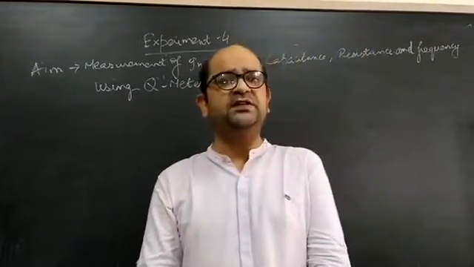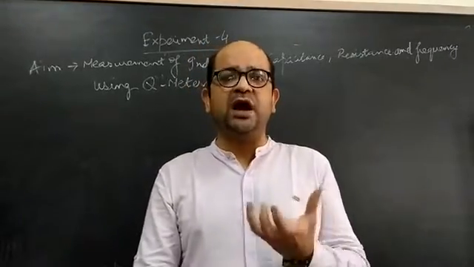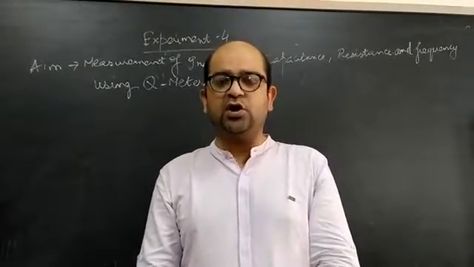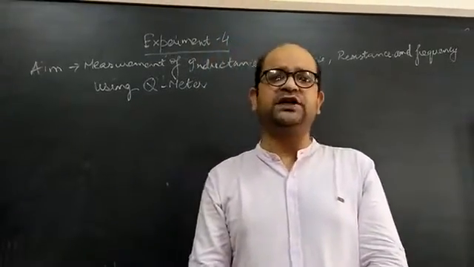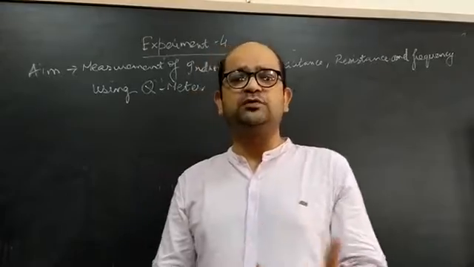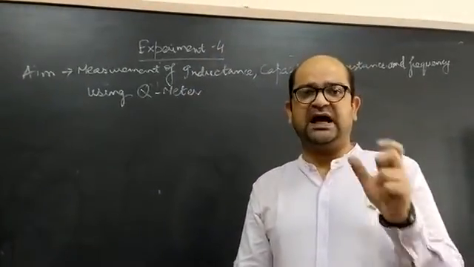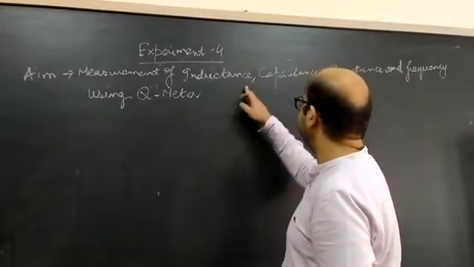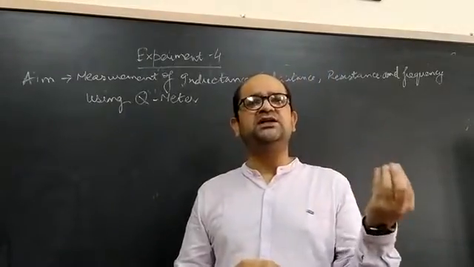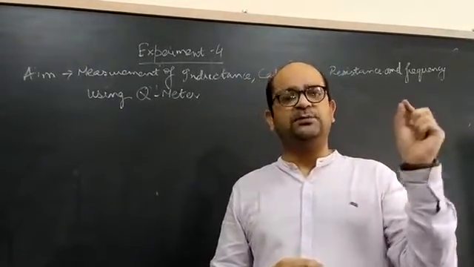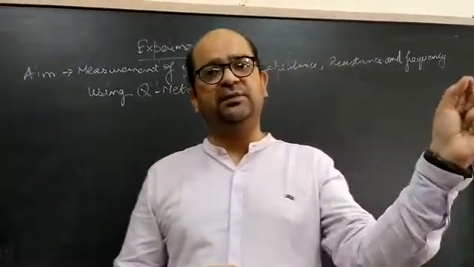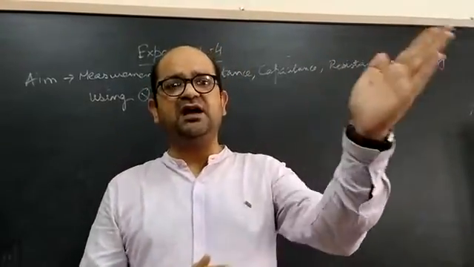A Q meter is an instrument which is used to measure the quality of any component that we insert inside it to measure its value. The precision, or accuracy, of the Q meter is about plus or minus 0.25%, and it is used to measure the exact reading for inductance, capacitance, resistance and frequency. We just need to connect the component, the positive terminal of the Q meter to the positive terminal of your component, and the negative to the negative terminal. And we just get the reading after using this.